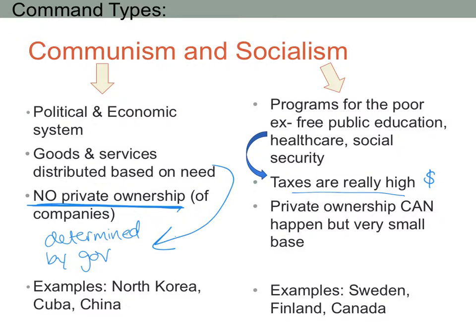For the most part, the government is going to control things like companies, but there can be private ownership. It's just not going to be like this really big, huge franchise like Walmart or something. That's not going to be privately owned. It's going to be smaller, like if you own something, if you have your own shop, okay, it's going to be smaller. It's not going to grow very big because the government's going to try to limit that and control that. But there will be some private ownership, but not a lot. Okay, so that's kind of the difference.